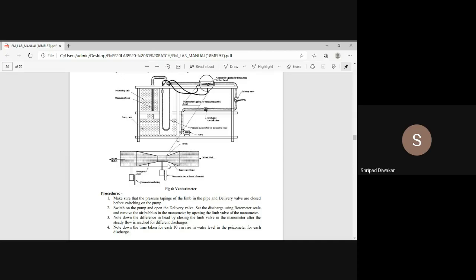So this venturimeter is fixed inside the main pipe. This is the water inlet and this is the water outlet, and this one is connected to the U-tube manometer to know the pressure difference at two different points. One is at the main section and one is at the throat section. So we have different pressures at the main section and at the throat section. That is nothing but your H1 minus H2, and this is the construction of the venturimeter.